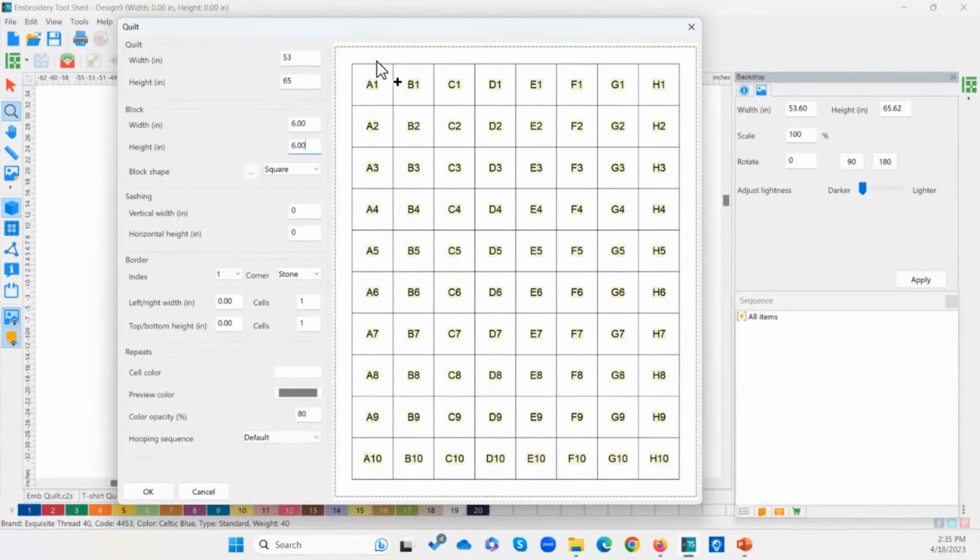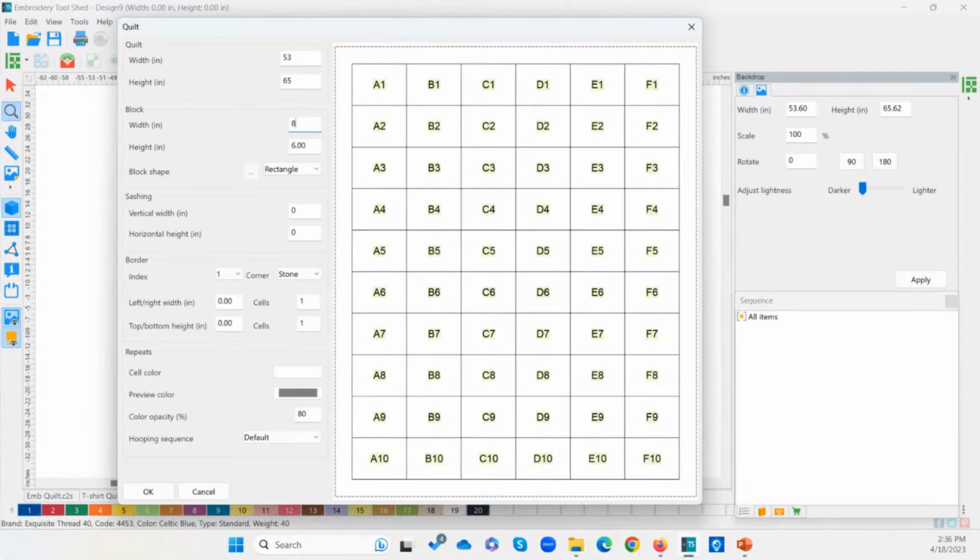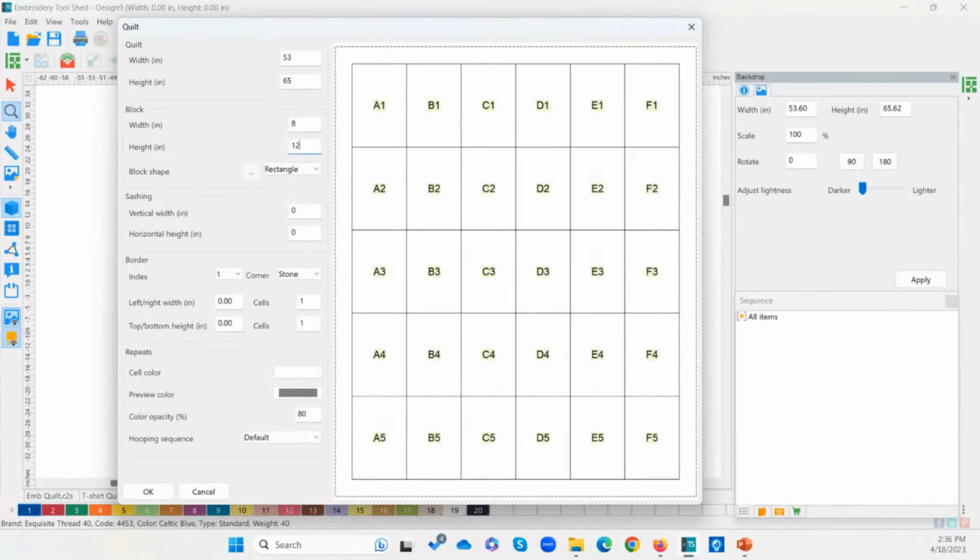But notice this white space here. You're not quilting all the way to the edge. So you want to make sure that you're entering an amount that's going to go all the way to the edge of your quilt. Now, what I normally do in this instance, remember it has to fit in your hoop. So I usually start with a rectangle option, and I think to myself, I want to use my 10 by 10 hoop or my 8 by 12 hoop or whatever you want to use. And I usually subtract a little bit from that to give me some wiggle room. So let's say we're going to use our 8 by 12 hoop. That's one I use a ton. It's one of my favorite size hoops. So instead of the 8 by 12, I would actually start with, say, 7 by 11.